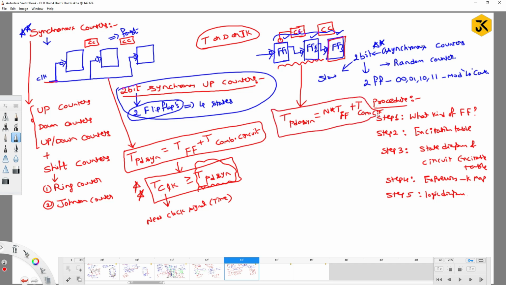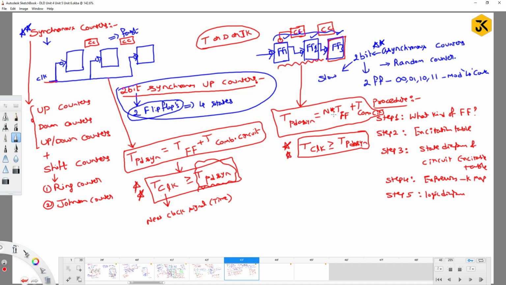Am I right or not? So for everything, there has to be one kind of combinational circuit. Yes, that's the reason I have written like this. Similarly, here also you give the next clock signal after the asynchronous propagation delay, right? Then it works perfectly fine,